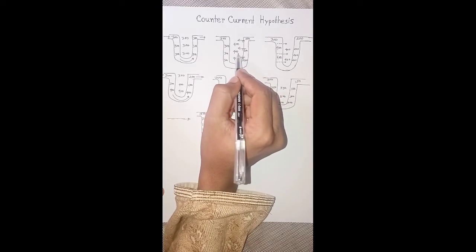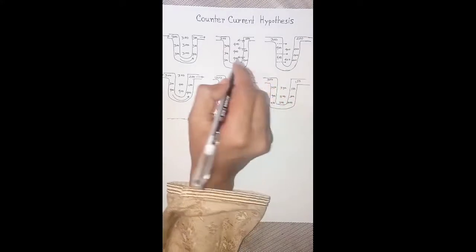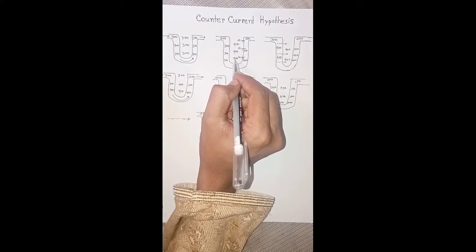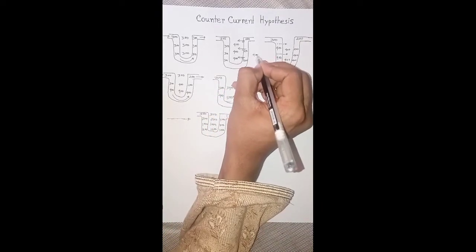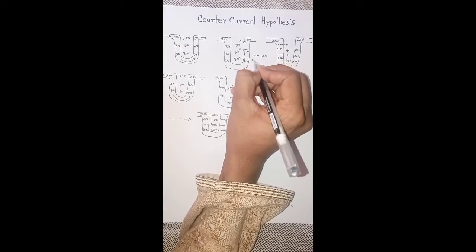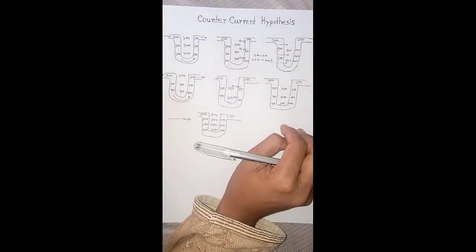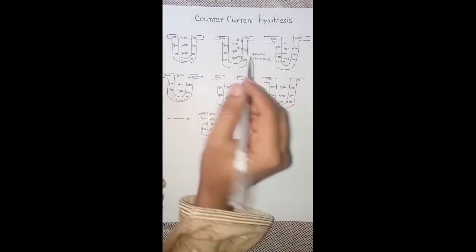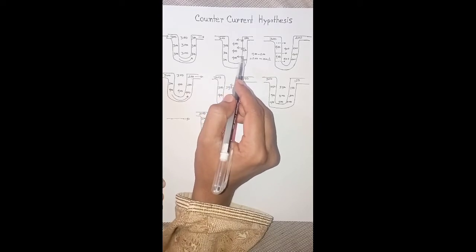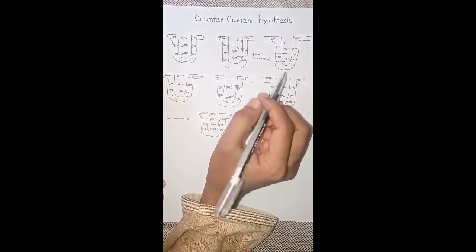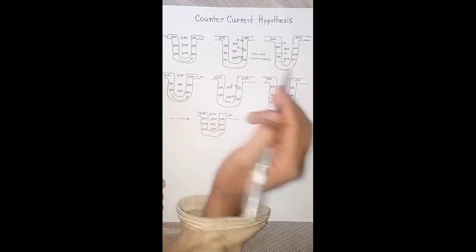And the osmotic concentration in the medullary interstitial fluid becomes 400 milliosmol per liter. This means a concentration gradient of 400 minus 200, which is equal to 200 milliosmol per liter. This sodium pump remains active until this osmotic gradient is achieved. This is the second step. The third step,